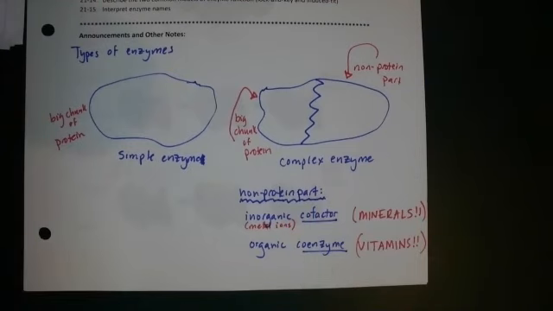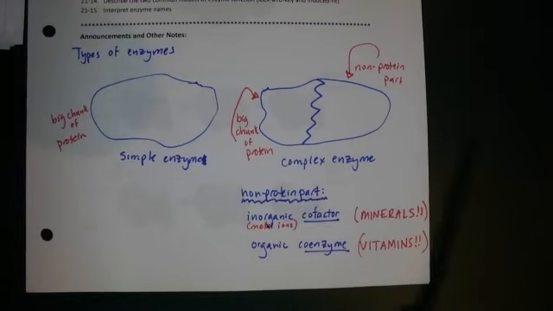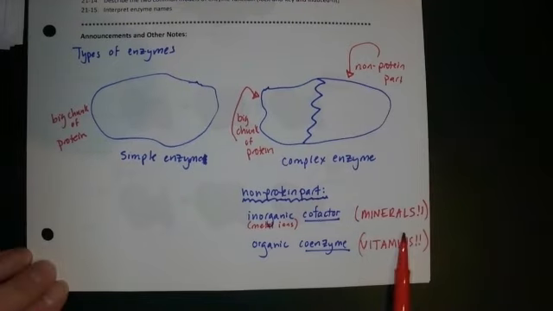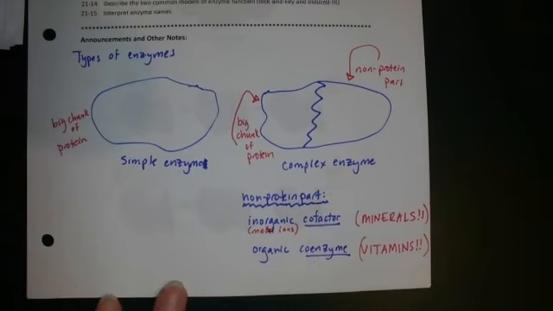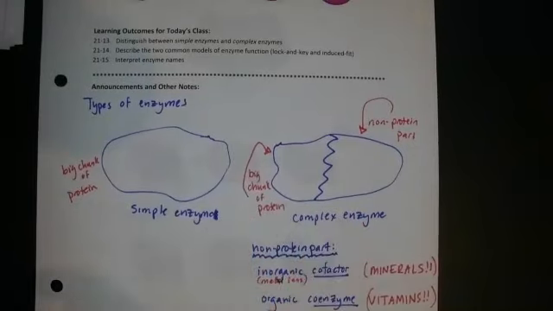It's not to say that's their only purpose. Iron, for example, is used to build the hemoglobin molecule to carry oxygen throughout your body. That's not the only reason, but this is a pretty big reason for having minerals and vitamins in your diet to build these pieces of a coenzyme. What we've just done is learn how to distinguish between simple enzymes and complex enzymes.